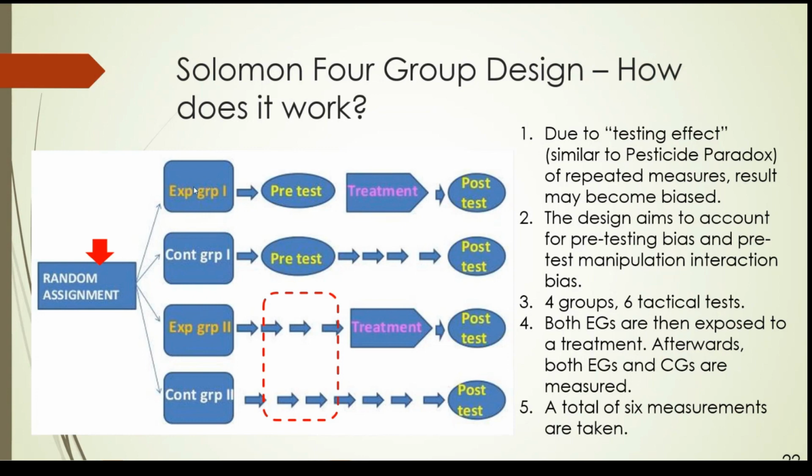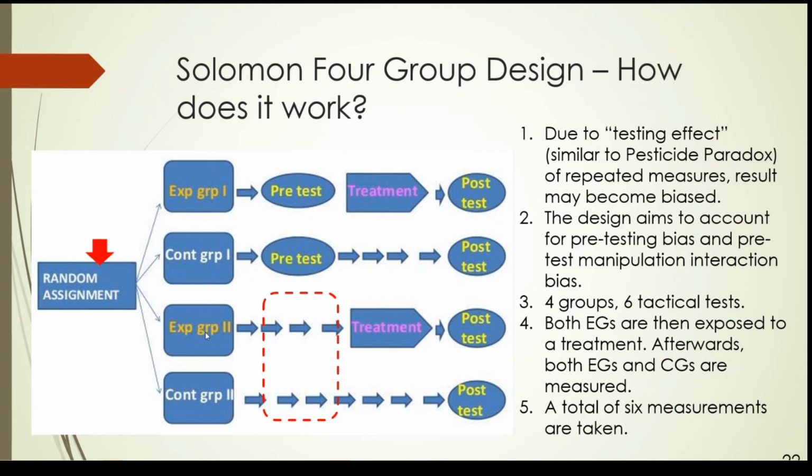Now, for the first group, you do pre-test because you want to get some data. You do pre-test. And then for the experimental group, you do the treatment. You introduce the factors. The other one, you don't introduce. Control, right? Control, you don't introduce modification. You leave it as it is. Then after that, you do the testing to see any changes or not between the experiment group and the control group. All right. Now, this is what we usually do in normal true experimental research design. We just need 2 groups only, experimental group and control group.